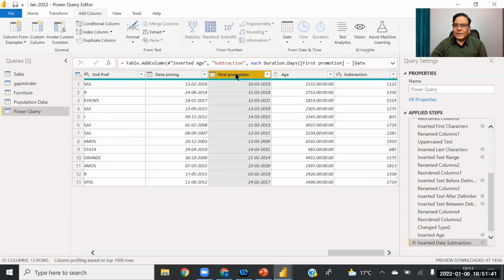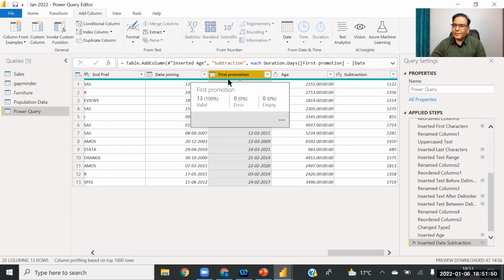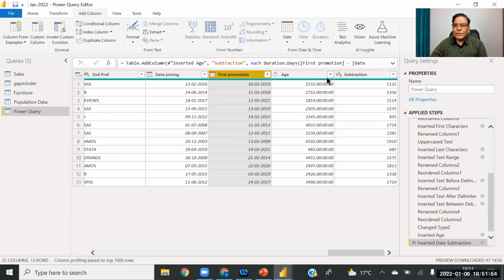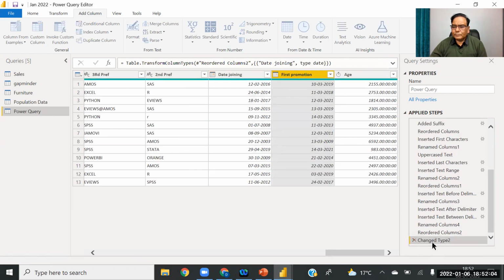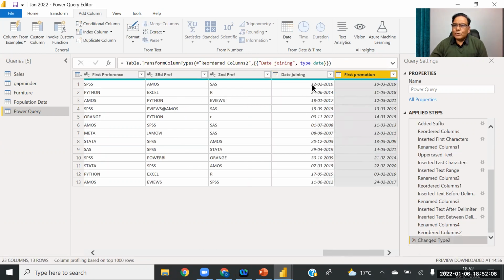Because I selected the promotion date first, the software subtracts the second column you selected from the column you selected first. So we can also do this. Let's delete this.